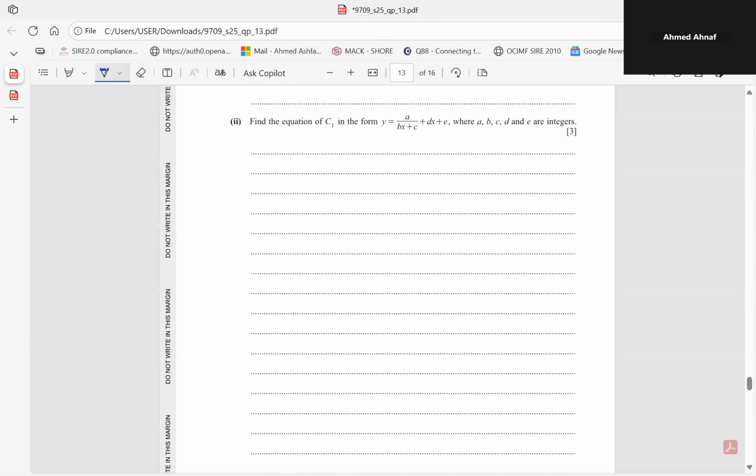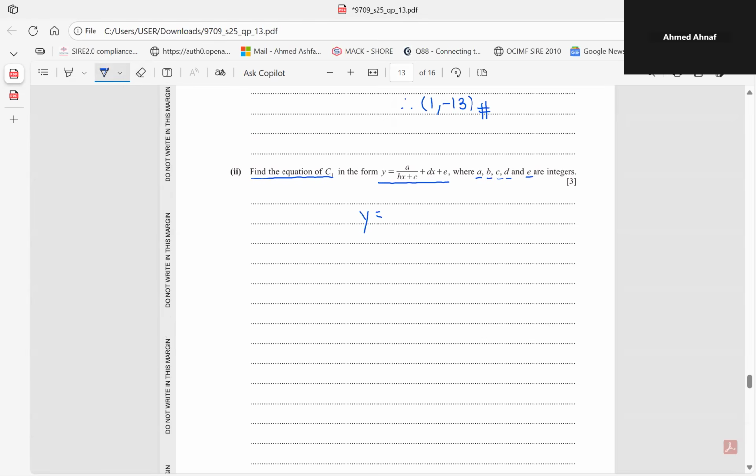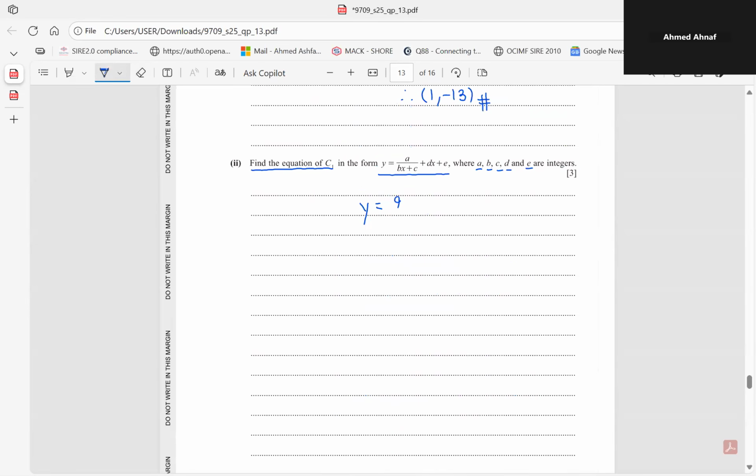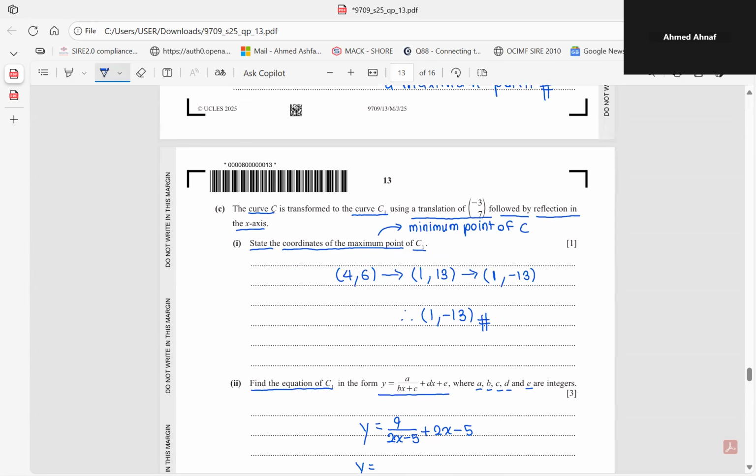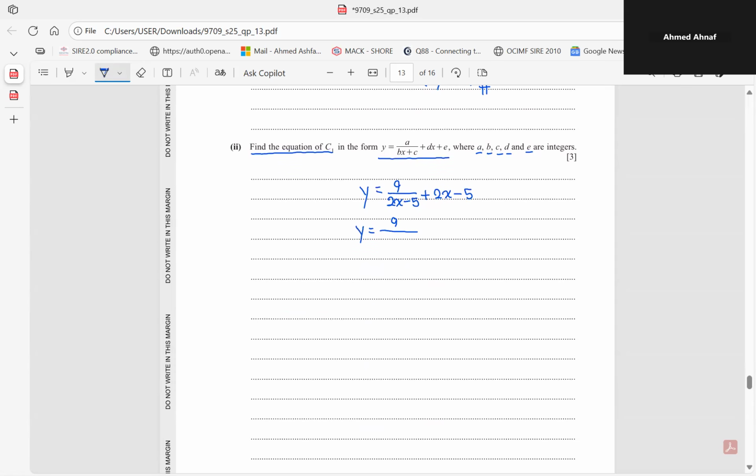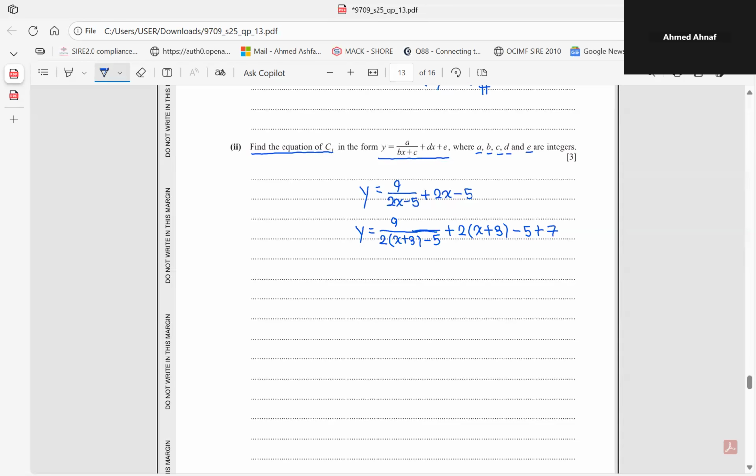Okay, so for this part, we're going to have to find the equation of C1 in the form y equals this, where a, b, c, d, and e are integers. First of all, let's write the equation of C, which is 9 over (2x minus 5) plus 2x minus 5. And to apply the first transformation, the translation of (negative 3, 7), you're going to have to replace x with x plus 3, because the translation in x is negative 3. Then just replace the x with x plus 3 in the equation